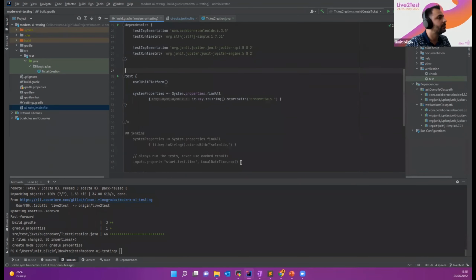First of all, let's add. Let me add here. Any Selenide properties here, we add into system properties.